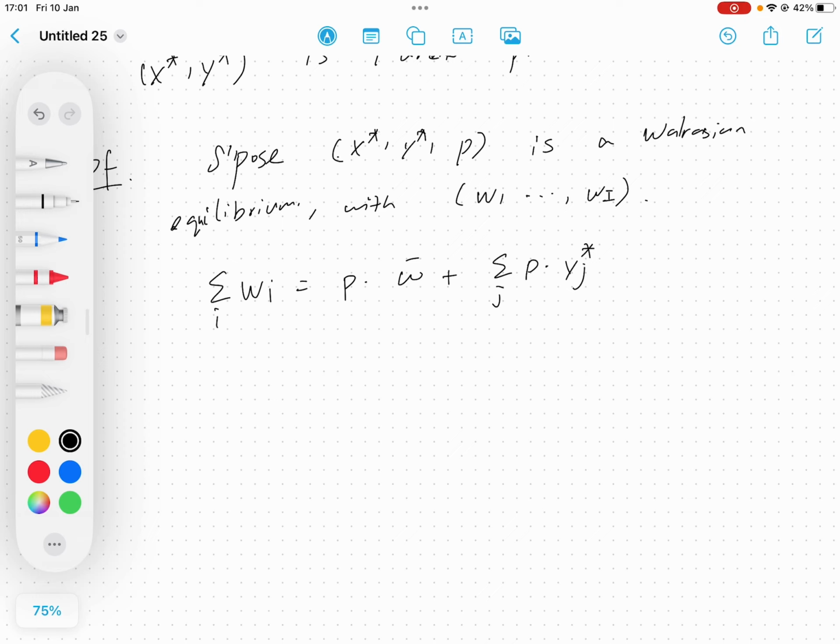And so the preference maximization part of the definition of an equilibrium, either with transfers or not, simply gives us that